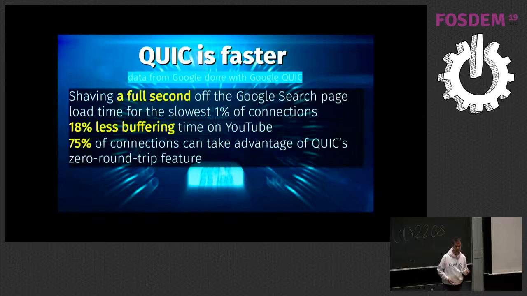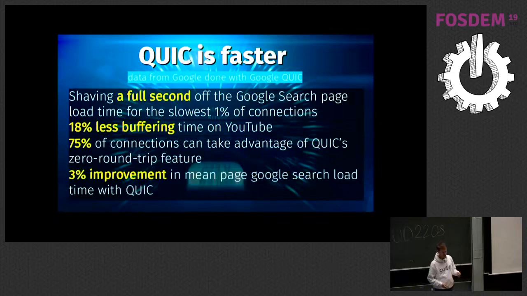And they also proved that you can take advantage of the fast handshakes very often, which was also sort of a concern. How is this zero RTT really a viable idea? But yes, a lot of connections can actually be set up again very quickly. And possibly a 3% improvement on the average search page load isn't that much. But I don't know, I guess it's a small page, and on average, I don't know. Okay, that is QUIC. That is HTTP3.